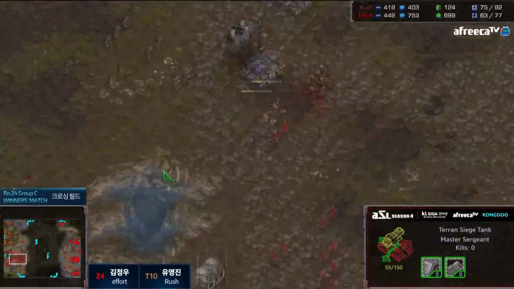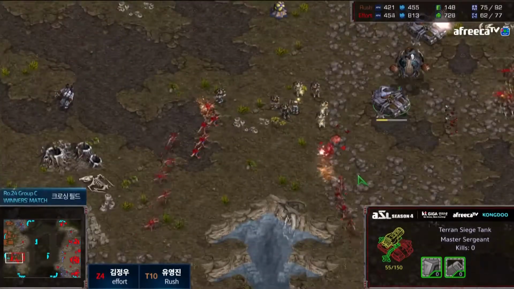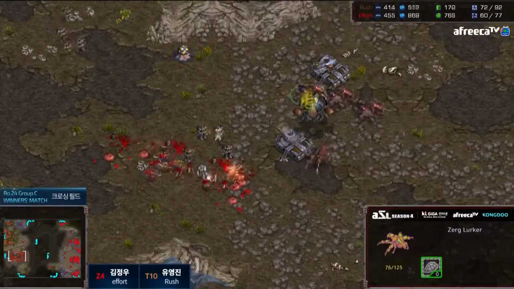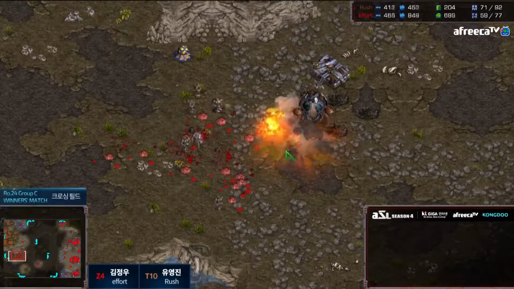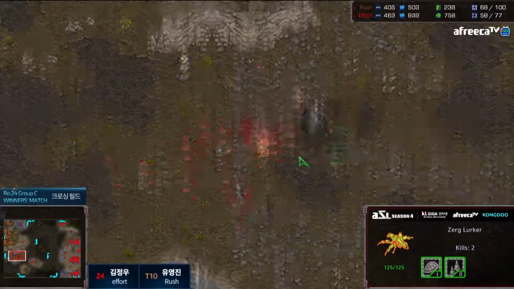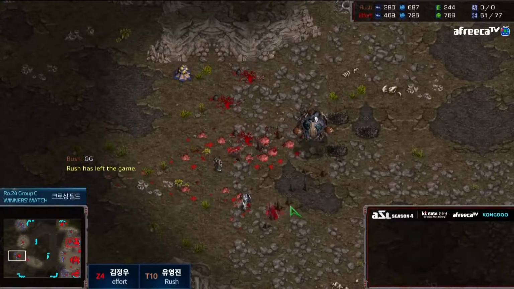Okay, so there's one vessel coming up here. Lings are coming in here from behind. I think this will be the killing blow. Yeah. Well, Rush has nothing left, even though he has his bases still mining and good production. That's it. GG. Effort too good. Yeah. Effort, you ascend to where